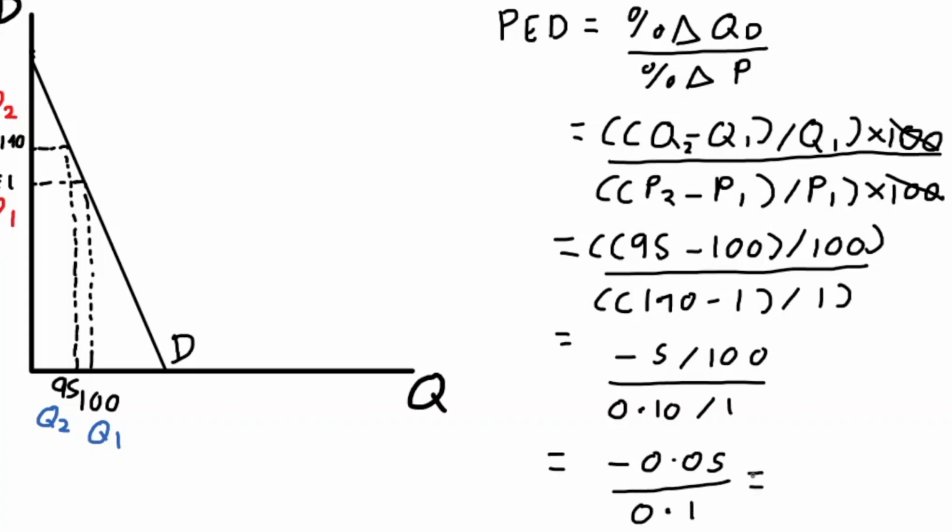So what do we work out our elasticity to be? Dividing one by the other gives us minus 0.5. So this product here is price elasticity of